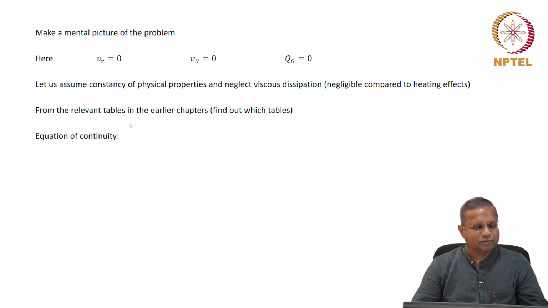You would have found the equation of continuity is certainly valid, right? So, equation of continuity comes down to dou v z dou z equals 0. There is nothing else that is there. You go and cancel the terms, check. You would get only dou v z dou z equals 0. Let us call this equation 6.3-1.